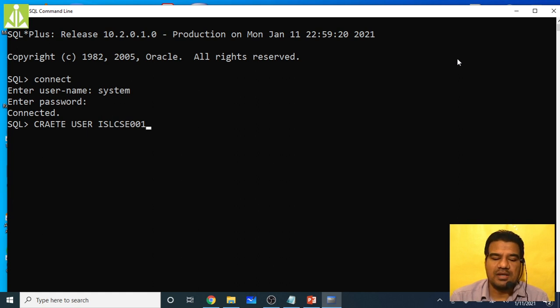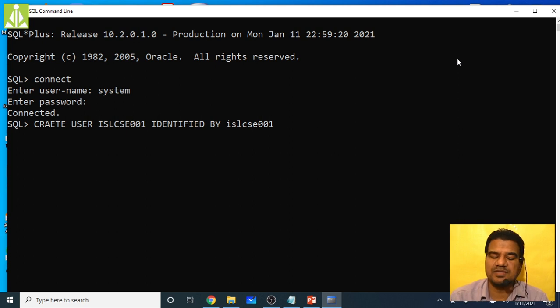You can use that as the username. Then we have to give the password by using the identified by command, isn't it? So identified by, and the password is ISL CSC 001, the same thing in small letters. The password will be the same as my username but in small letters.